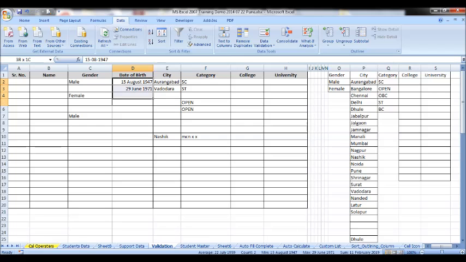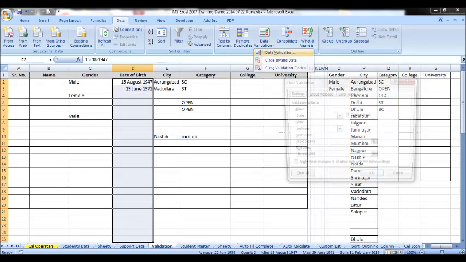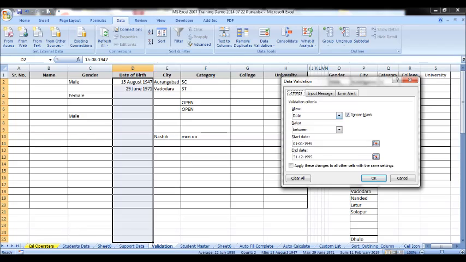You can try out validation for many other things that are set therein by yourself. We have learned date and list. Similarly, there are many other validations such as whole number, decimal, time, text length, or you can set it custom. Or you can set it with between, not between, equal to, and so on for the rest of the things. You can try it by yourself. You can very well set it for your data.